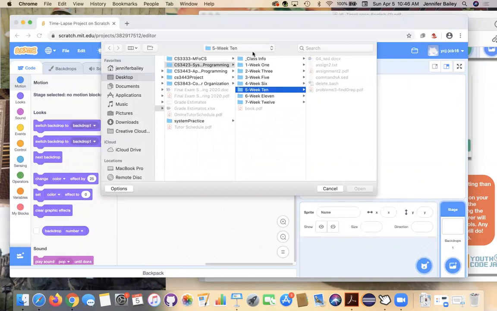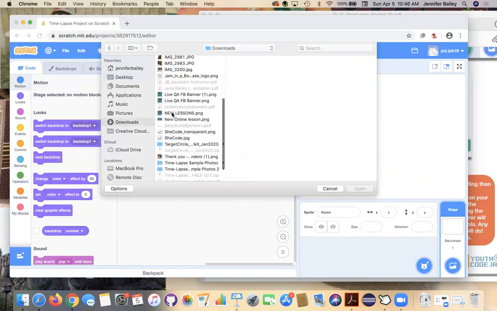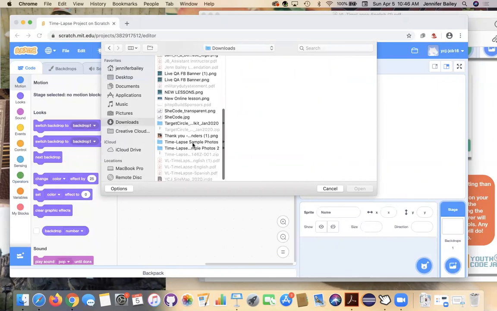And right now I'm in my school folder because this is the last area I was in when I uploaded something to the web, or at least with Chrome. So it remembered where I was. Yours may be set to a different default. That's okay. We're all going to go to our downloads folder and look for that file where the time-lapse photos